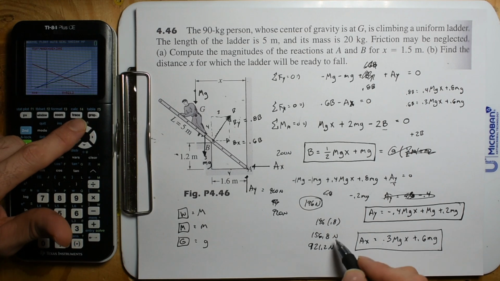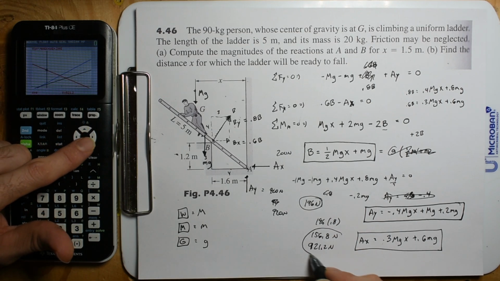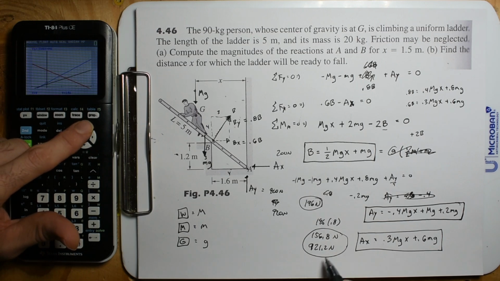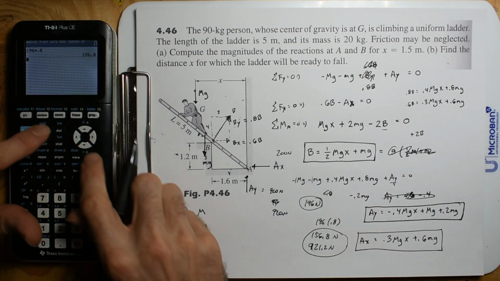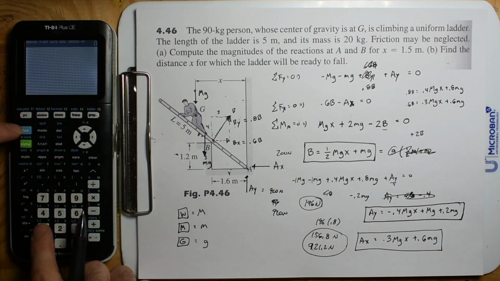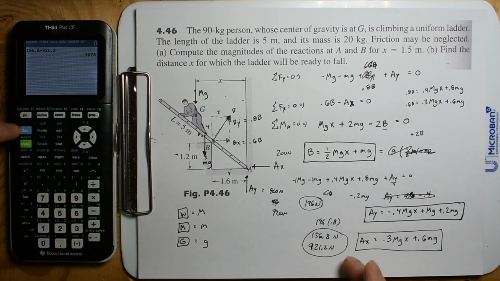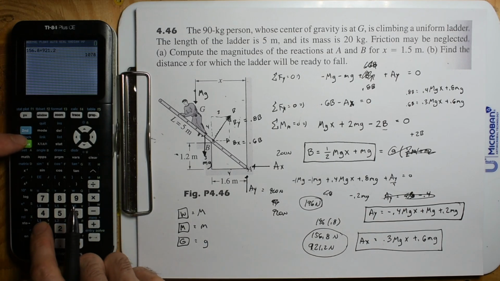And those should equal, holy hell. Oh yeah, 156.8 newtons plus 921. Yeah, so these should equal 1100. 156.8 plus 921.2. And it's 1078 because I'm using